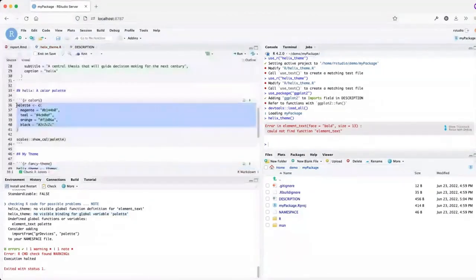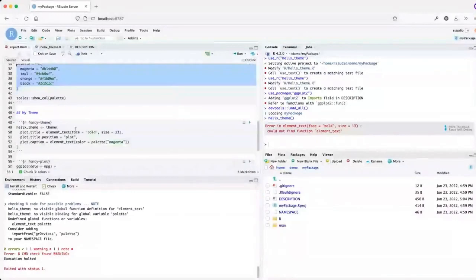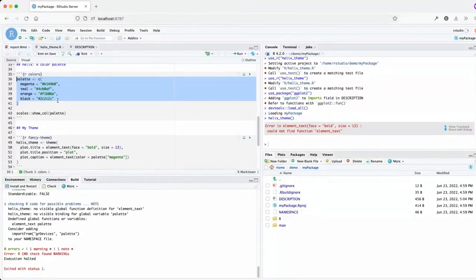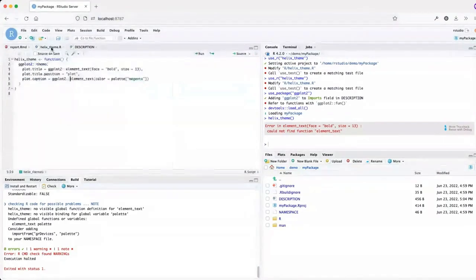And that is coming from this variable that I created earlier in my script. This is a pretty common thing: maybe you have some dependencies in your script, and as you take pieces of it out to put into a package, you'll discover that there are interlocked or interwoven dependencies. But this is helpful. This palette, I actually think it'd be nice to have this be something that people could access as well.